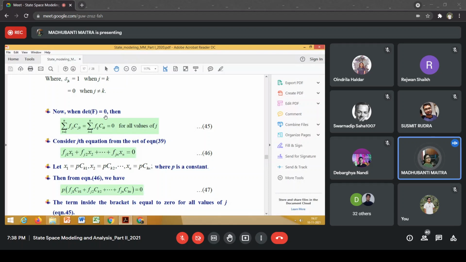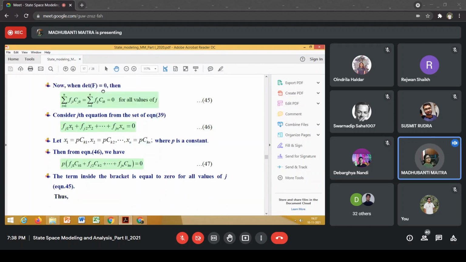The problem is when f is a singular matrix, then we'll have to find some non-trivial solution for x1, x2, xn, and that's why we are